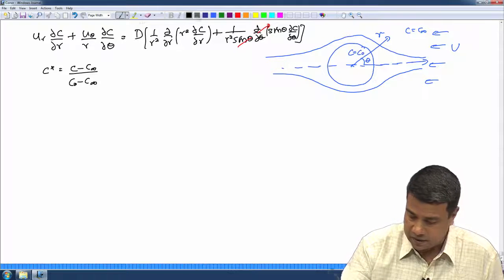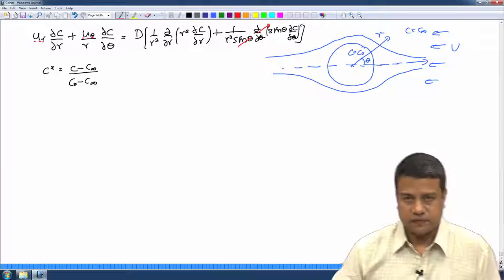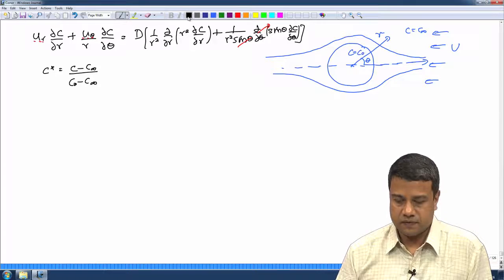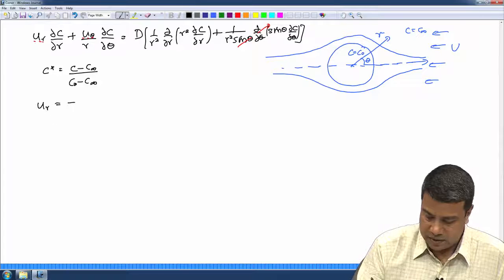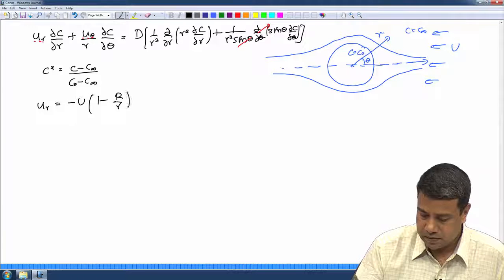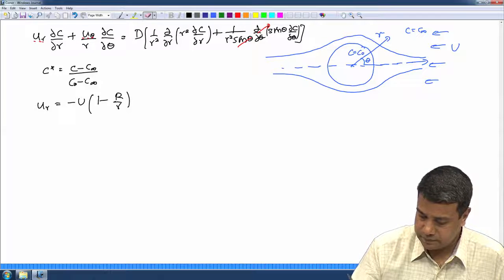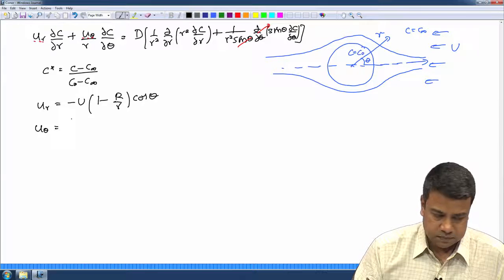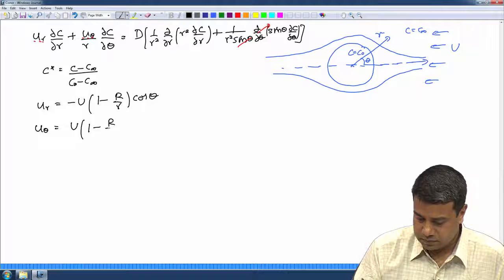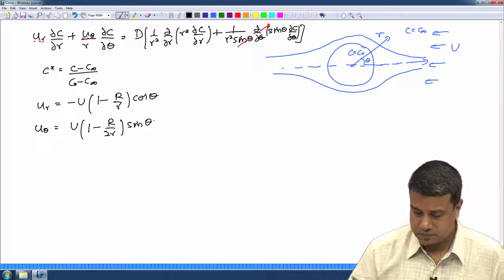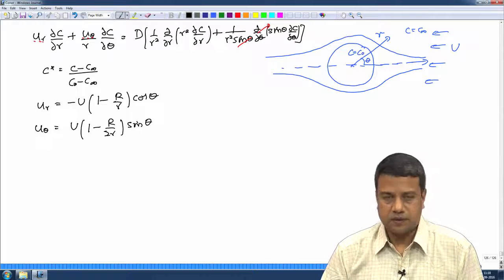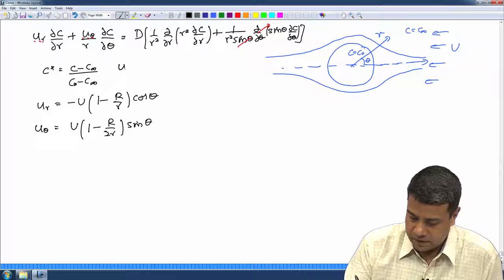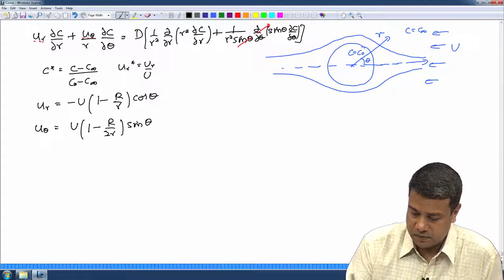We need to know what these velocities are for the laminar flow. In this particular case, for the laminar flow, the velocities will be of the form u r is equal to minus u into 1 minus cos theta. So, these are the velocities for a laminar flow, for the flow past a bubble. If I define the scale velocities, u r star is equal to u r by u and